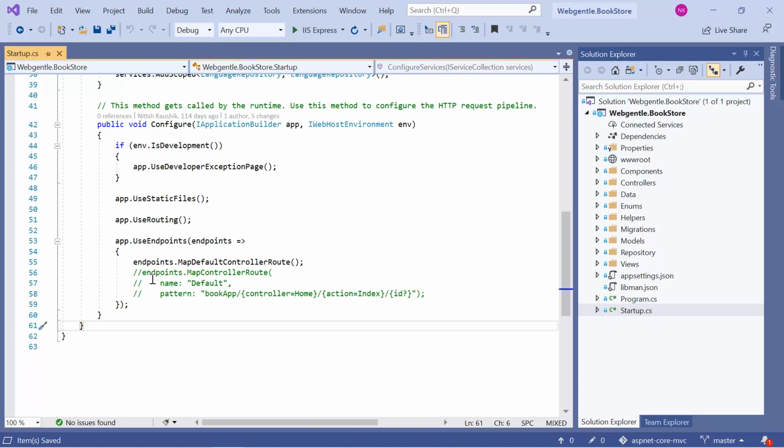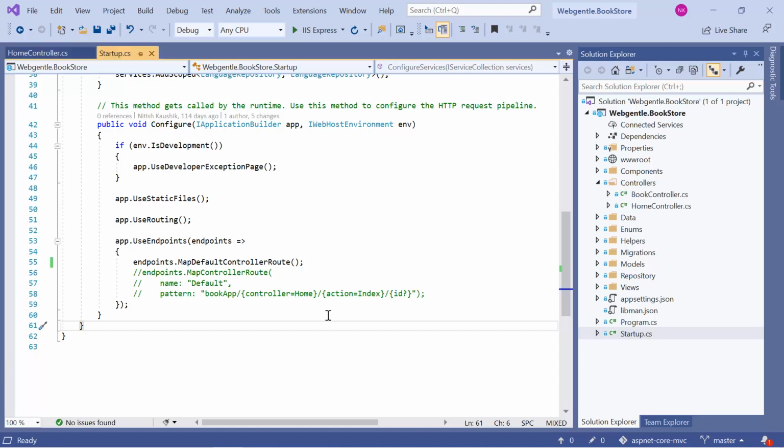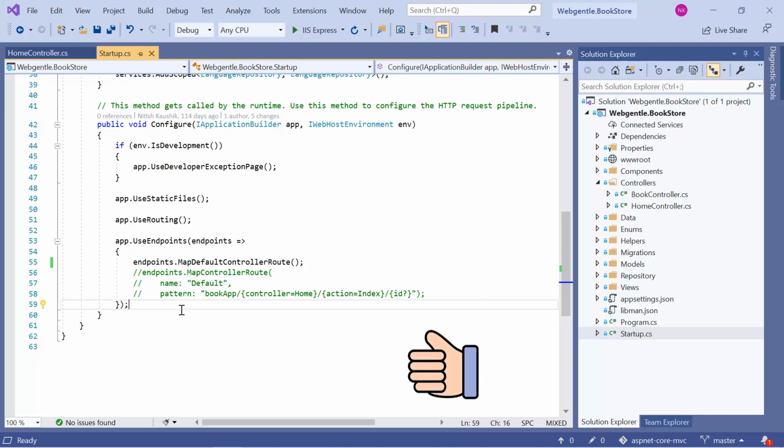Attributes are something that you define on your method or your controller class. If you have used validations like the data annotations, in the same manner we will use some attributes to decorate our routing. So let's start one by one. If you have seen the previous video, you can notice that we were using this use endpoints method to set our routes in the conventional way. Now here we are going to use attribute routing.